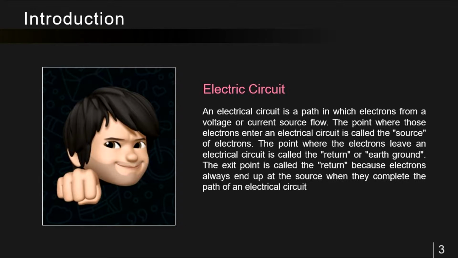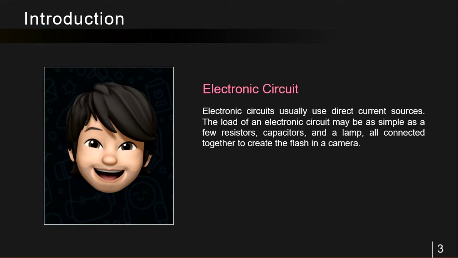Then for the electric circuit, an electrical circuit is a path in which electrons from a voltage or current source flow. The point where those electrons enter an electrical circuit is called the source of electrons. The point where the electrons leave an electrical circuit is called the return or earth ground. The exit point is called the return because electrons always end up at the source when they complete the path of an electrical circuit. So as shown in the diagram,